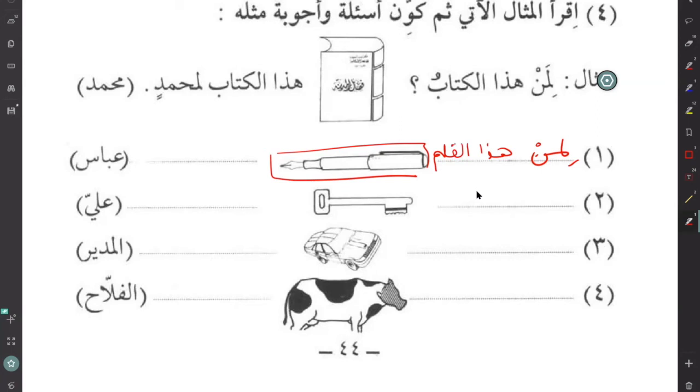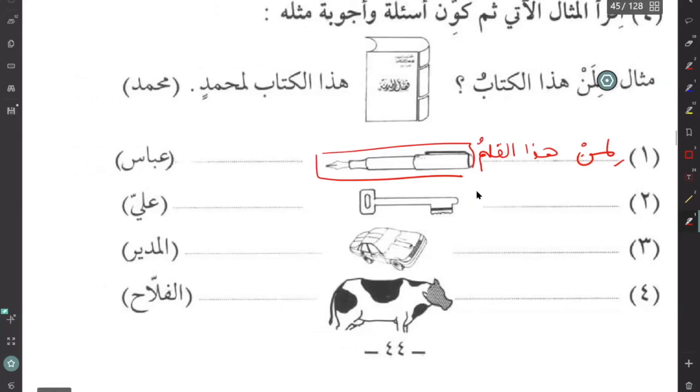If you miss this alif lam, this makes no sense. Then it will be like, for who this is a pen. It's not going to make sense. So you have to know when to use hada qalamun and when to use hada qalamu. Then you answer by,